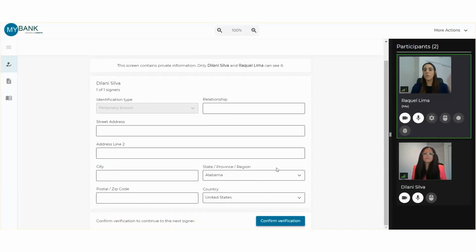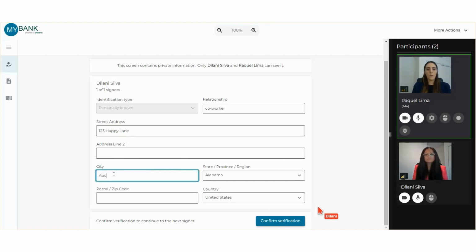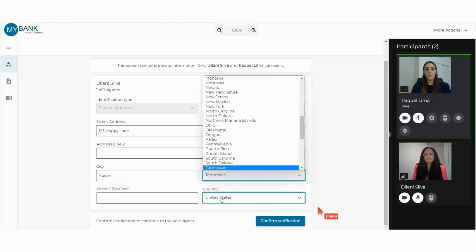To begin, the notary captures information to identify the signer in the e-journal. If the signer is known to the notary, the notary includes information in the e-journal explaining their relationship with the signer. If the signer is unknown to the notary, the notary includes details regarding the government-issued identification document used to identify the signer